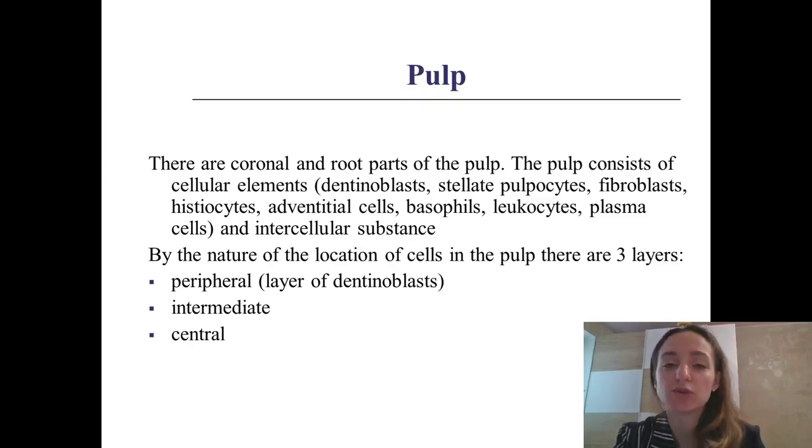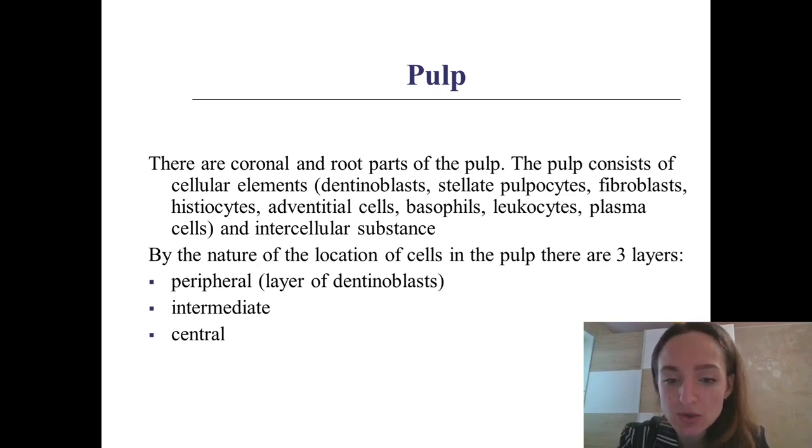And we need to know that pulp and dentin tissues are specialized connective tissues of mesodermal origin and formed from the dental papilla of the tooth bud. Many investigators consider these two tissues as a single tissue, the pulp-dentin complex, with mineralized dentin constituting the mature end product of cell differentiation and maturation.